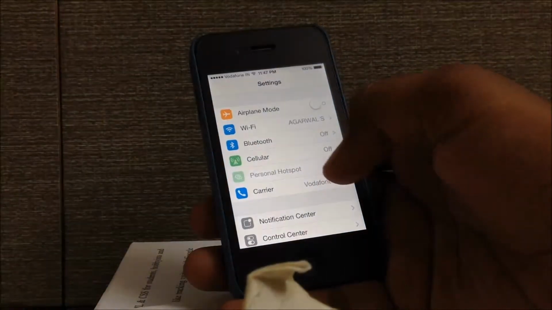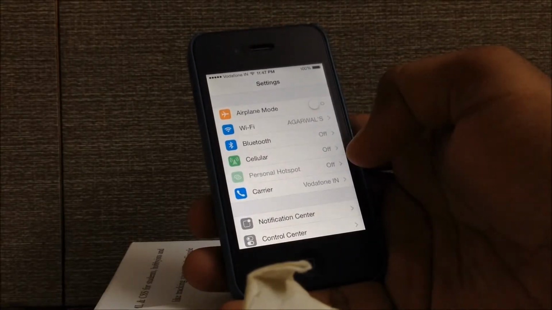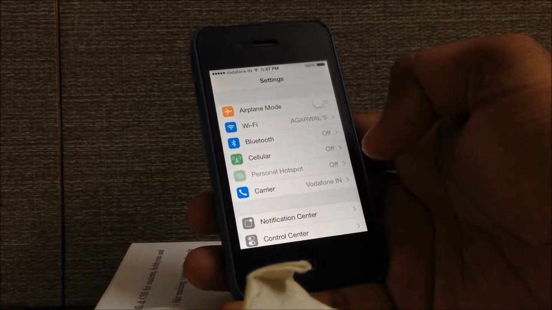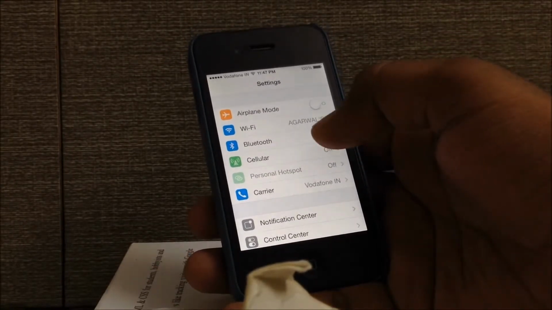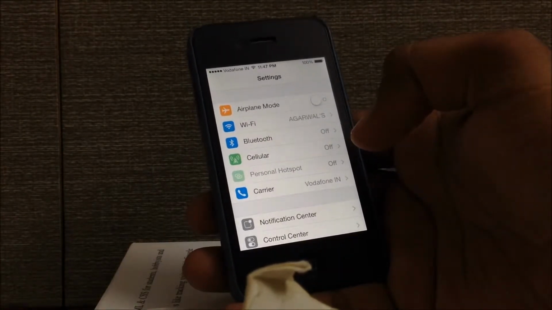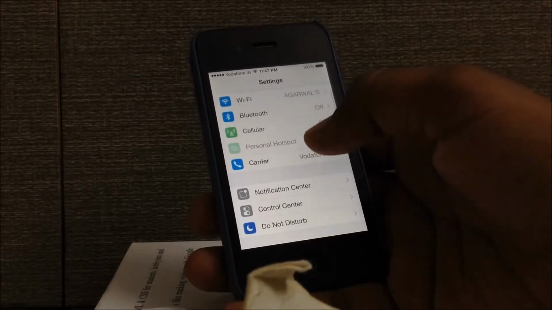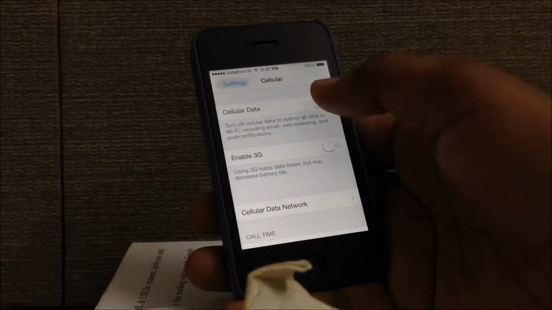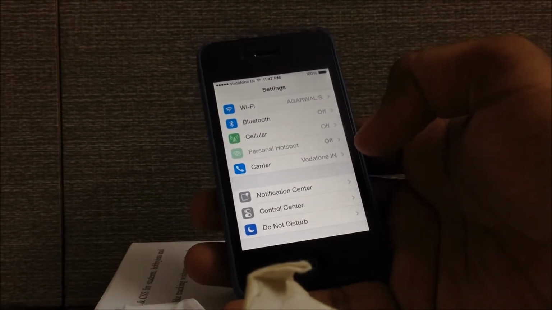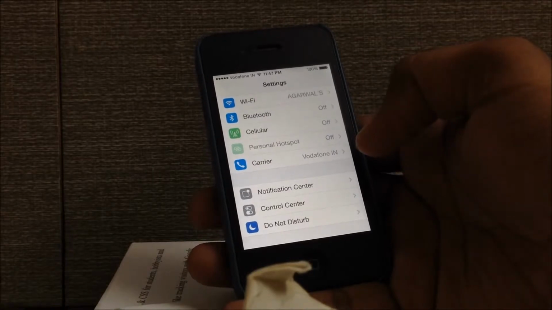And also, there is one thing: if you are using your cellular and you are using personal hotspot from your phone, then you have an option to turn it off when not in use, because it takes a lot of battery to get the data from the cellular network and redirect that data to the Wi-Fi hotspot through your Wi-Fi. So it is the best way to turn it off when you are not requiring to use it. I have not enabled the cellular data, so this setting is not enabled. But since you may be using that cellular, this option will be enabled for you.